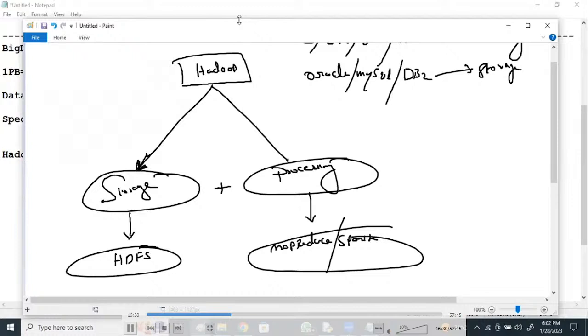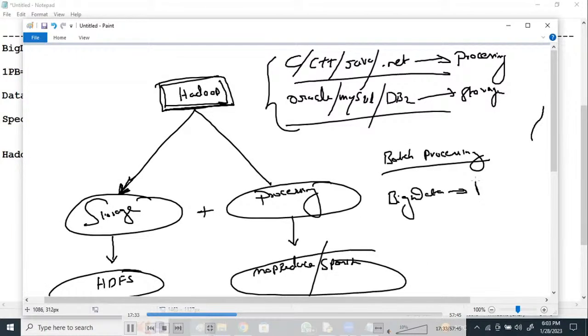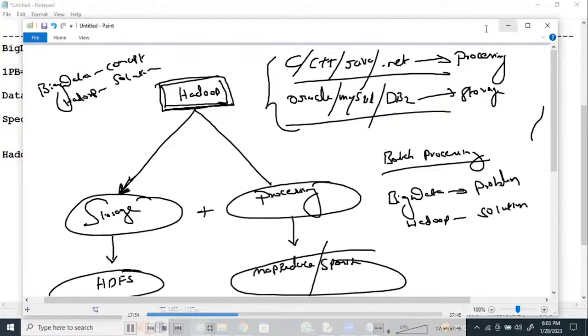Now, understood? What is big data Hadoop? If I take big data as a problem, huge data generation, then I can say Hadoop is the solution for it. Or if you take big data as a concept, Hadoop is the solution for it. Now you may ask why databases like Oracle